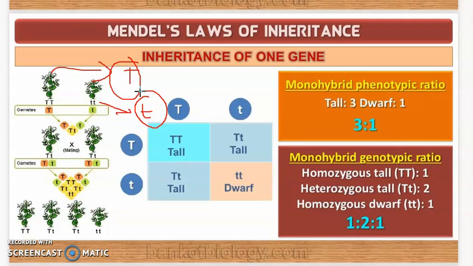So when the tall and the dwarf plant produce gametes by the process of meiosis, the alleles of the parental pair separate, or segregate. When meiosis takes place, the alleles of the tall parent, capital T, are the alleles of that tall parent. During the meiosis process, the alleles of the parental pair